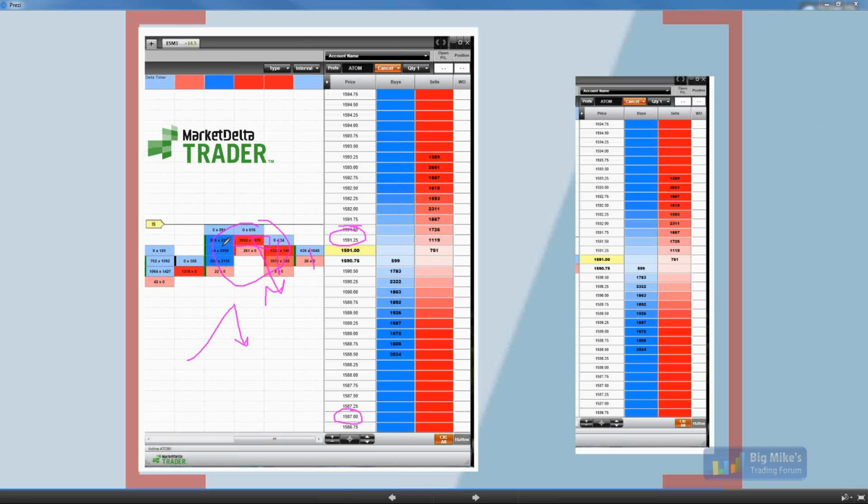More people who want to buy, price goes up. More people who want to sell, price goes down. More people who bought and now have to sell that product, where's price going? It's going lower. If you wanted to buy a car and you knew everybody who bought a Mercedes on Monday